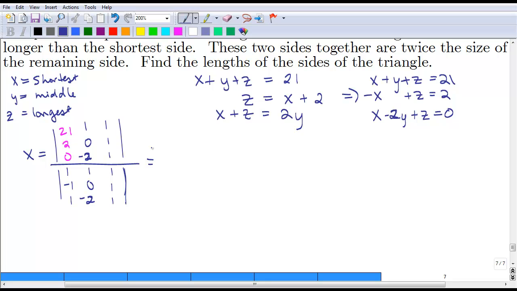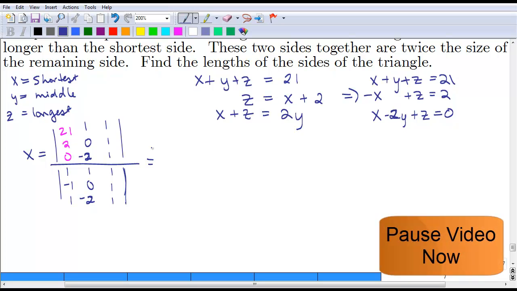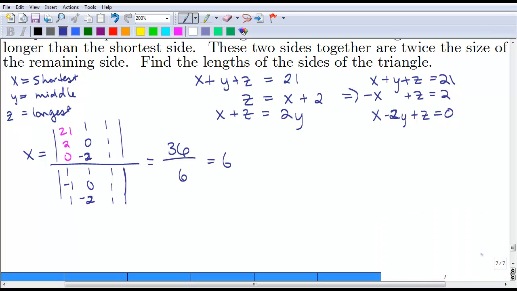And again, we're going to go through and find our determinants. So we can do this the long way by repeating the first two columns, or we can go to the calculator. So take a second here, pause the video, and find these two determinants. So you should have found that the numerator was 36 and the denominator was 6, which gives us 6 as our shortest side. We can relatively easily figure out what the other two would be, but let's again just practice